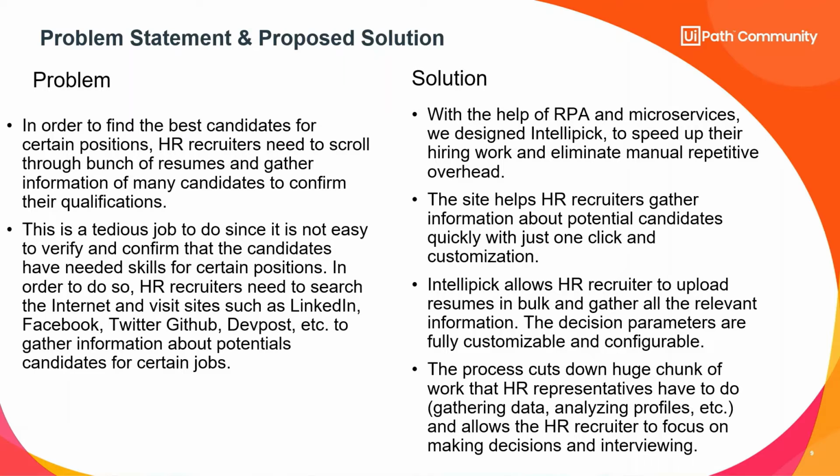The decision parameters are fully customizable and configurable. So let's say I'm hiring for a developer and I'm interested in maybe their number of open source contributions. So I might be looking for the number of packages or libraries they have published on GitHub, or the projects they have done and all. We can actually customize that with the help of IntelliPick, because we understand that depending upon the different demands and requirements, things can be out of the box, and that's why here we have tried to make it as customizable as possible. And of course, we are going to add more and more features so that it serves the best need